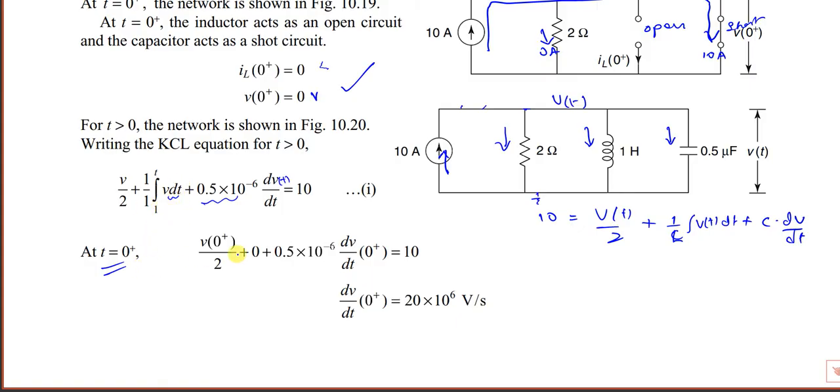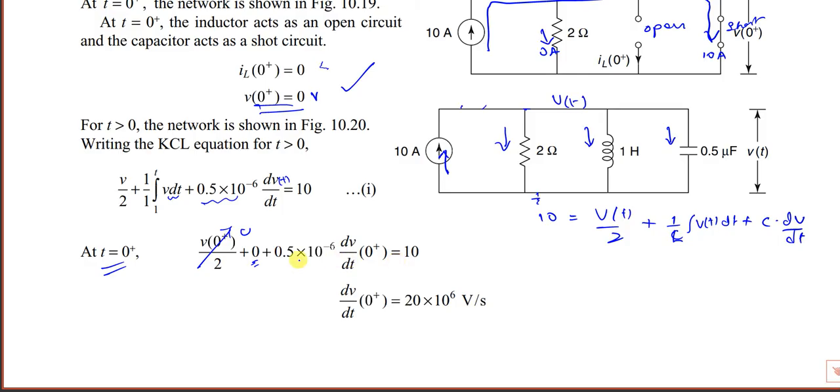Delta t is 0 means 0, so this current is 0. And this C value is dV by dt. Now this part is 0. What is V of 0 plus? V of 0 plus is also 0, I think. So this is also 0. The second term is also 0. So dV by dt is equal to,